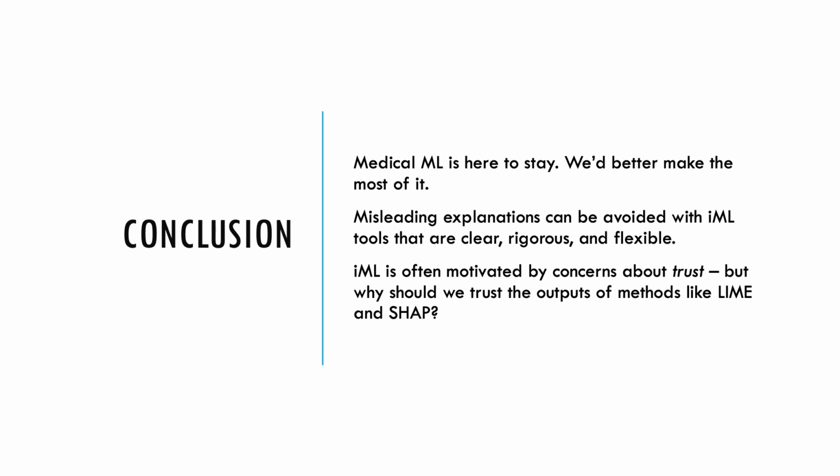The other point that I want to make is that these IML tools are often motivated by concerns about trust. Why should we trust this given model? Why should I believe this diagnosis? I want to say that it's not obvious that tools like LIME and SHAP solve that on their own so much as move the problem one rung up the ladder. Why should we trust the outputs of these algorithms themselves? At least a target function has the advantage of having some known error rate. With LIME and SHAP, if we don't quantify that uncertainty, if we don't subject that to some rigorous testing, it's not clear why I should believe those explanations any more than the original prediction in the first place.